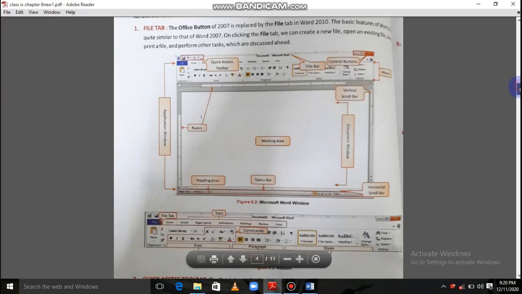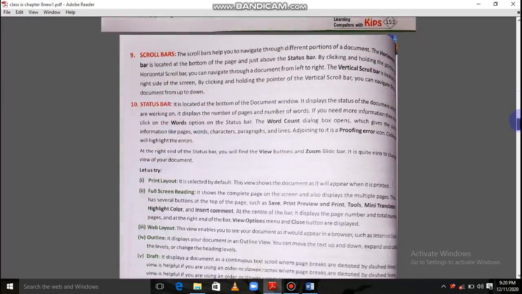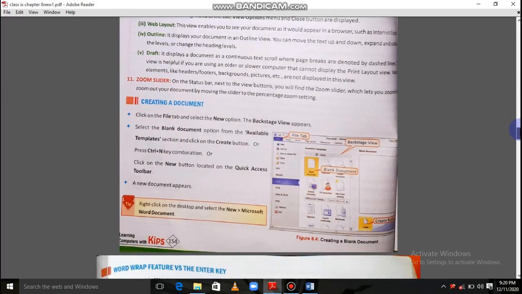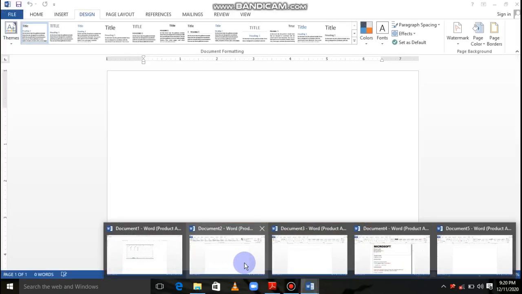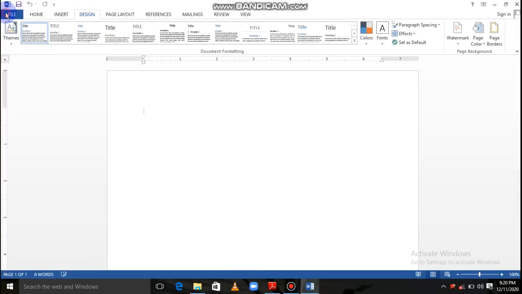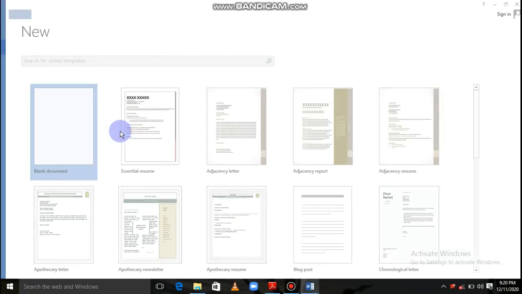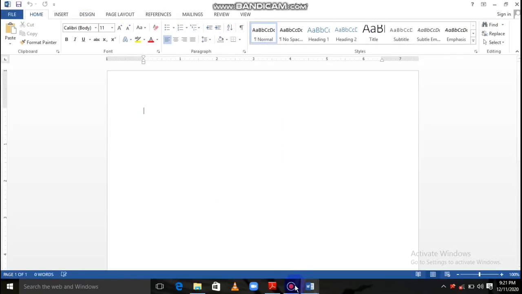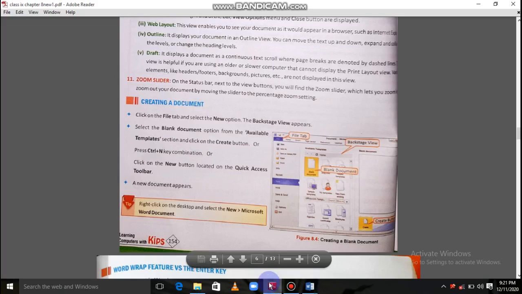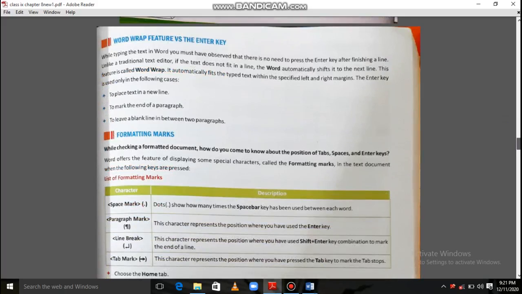Okay. Next thing that we have is creating a document. How to create a document, that I already told you. If you plan to create any document, it's up to you. You want a blank document, or in place of this you want to use any template. If you plan to use a blank document, click on blank document. As you click on blank document, one blank document is going to be created, and that blank page is same